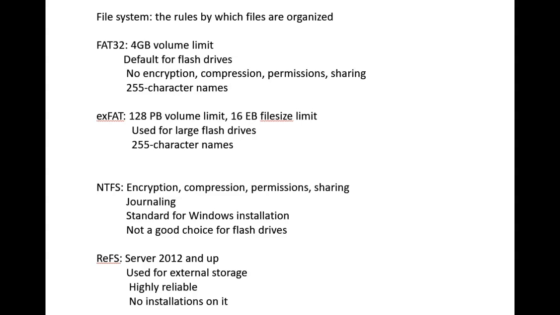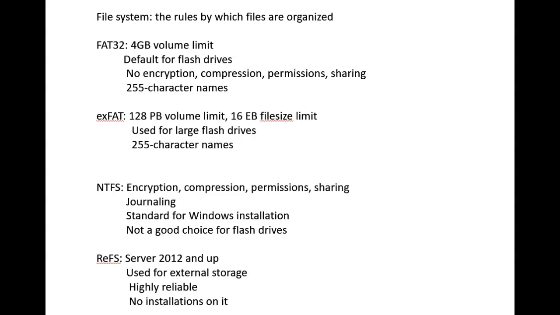Now, both FAT32 and exFAT can have up to 255 characters in file names. And when we say 255 characters, we're not just talking about the file name itself, but the entire path. On earlier systems such as Windows XP, it was not uncommon for somebody to create a file in a folder, which is in a folder, which is in a folder, which is in a folder, and have the path too long. It certainly lets you create them and use them, but then when you try to copy them or back them up, it doesn't work. And so you have to be careful about those path names as well.